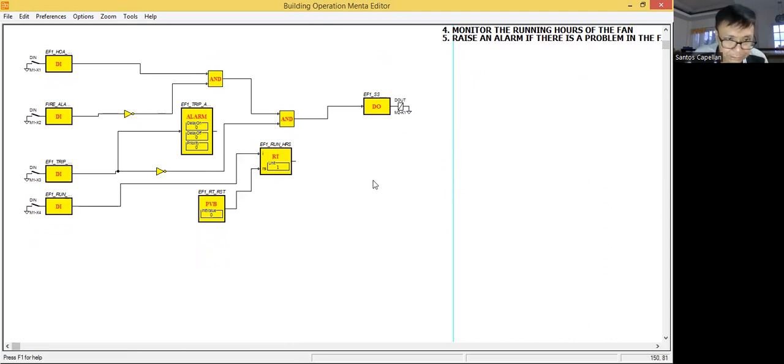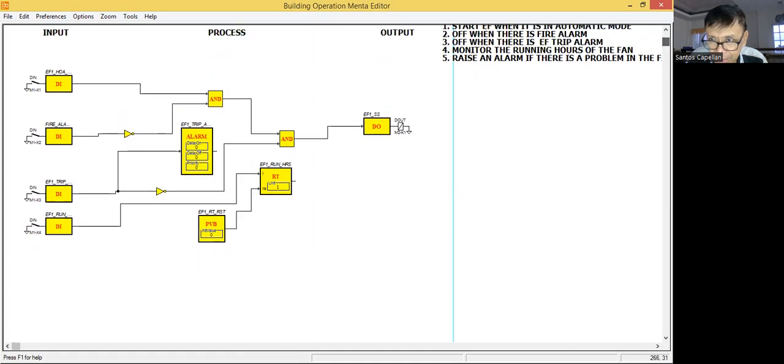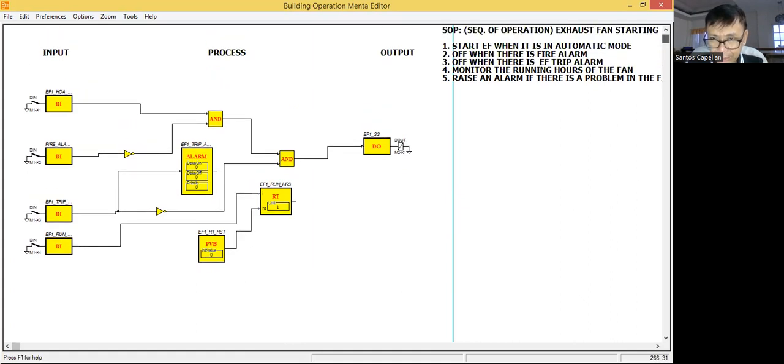Okay, now this will be our final function block control logic for this sequence of operation. Now let's try. Anyway, before we simulate it, these points, trip alarm, then run hours, EF1 RT reset, are